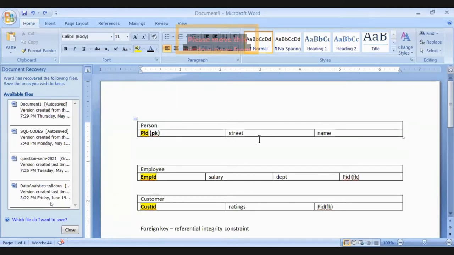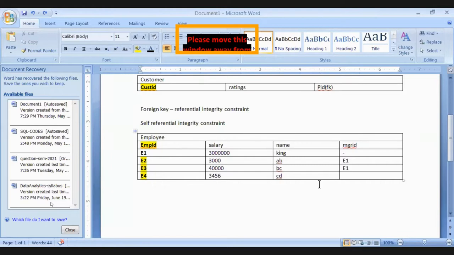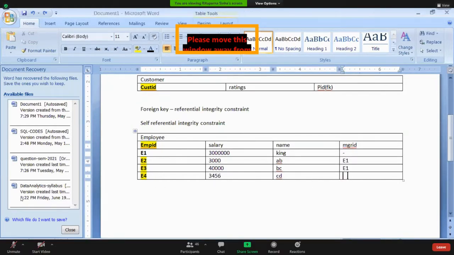I cannot delete a record from the parent table if it is present in the child table. And insertion is I cannot insert a record in the child table if it is not present in the parent table. Very important point. Now come here. What I cannot insert here, I cannot insert a record E8.